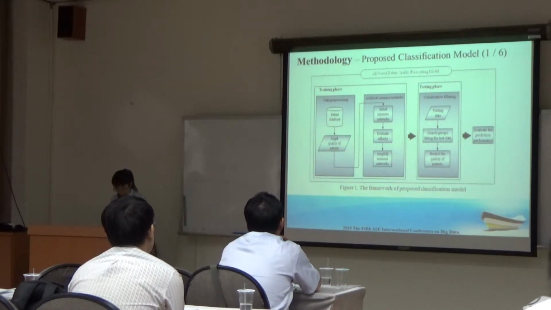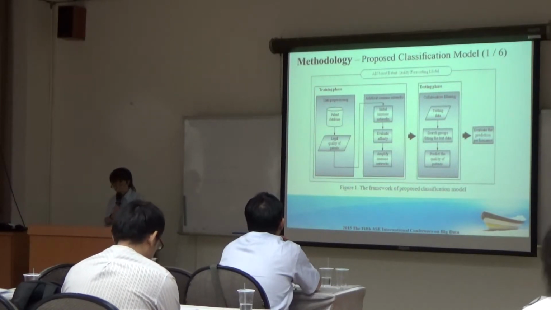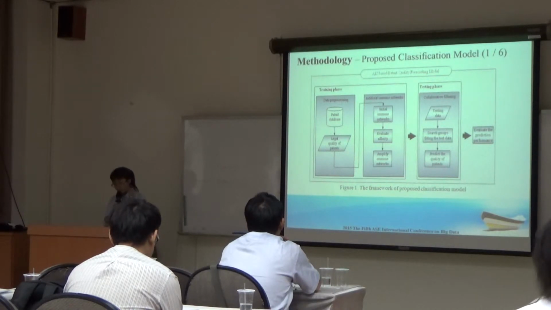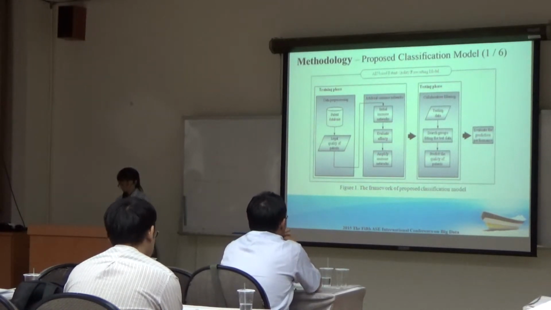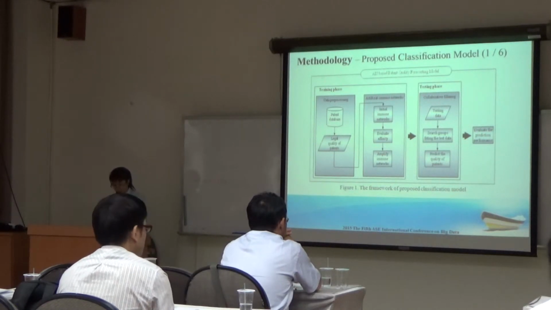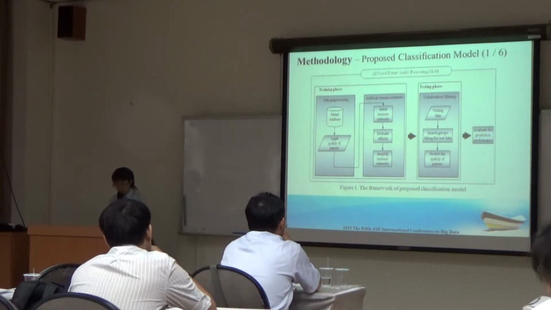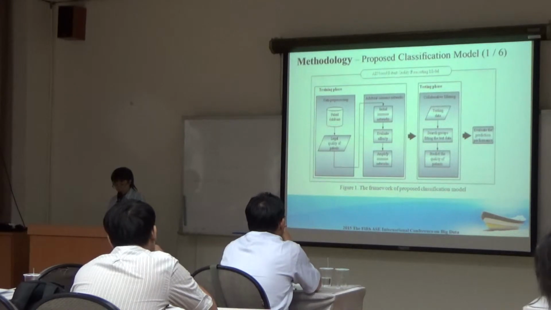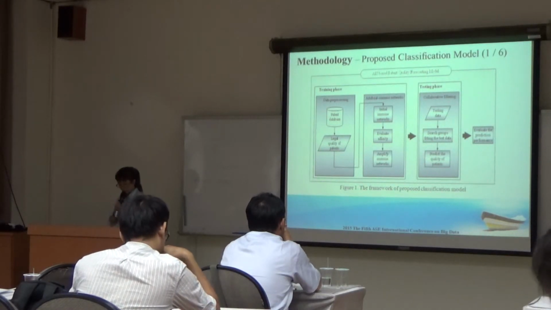The content data of the patents is split into two data sets. One is the training data set, used to build the classification model. The other is the testing data set, used to predict the quality of the patents and improve the prediction performance.